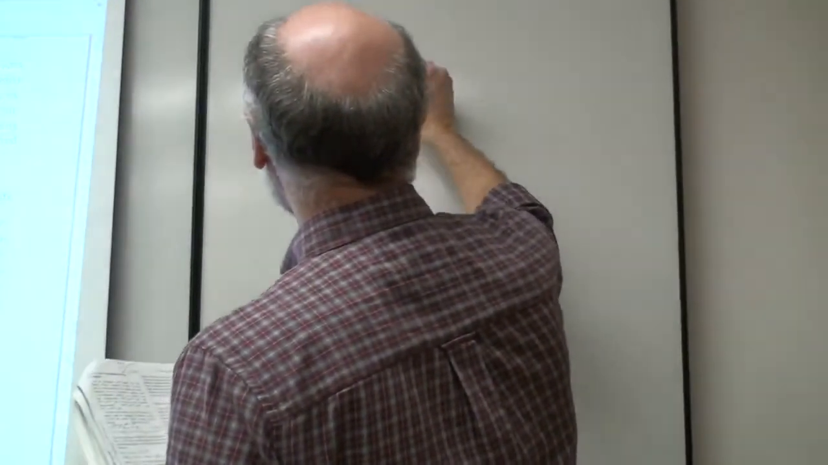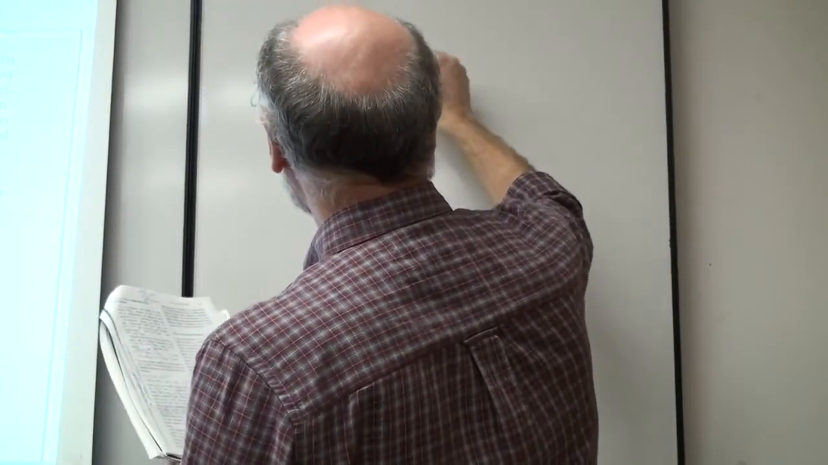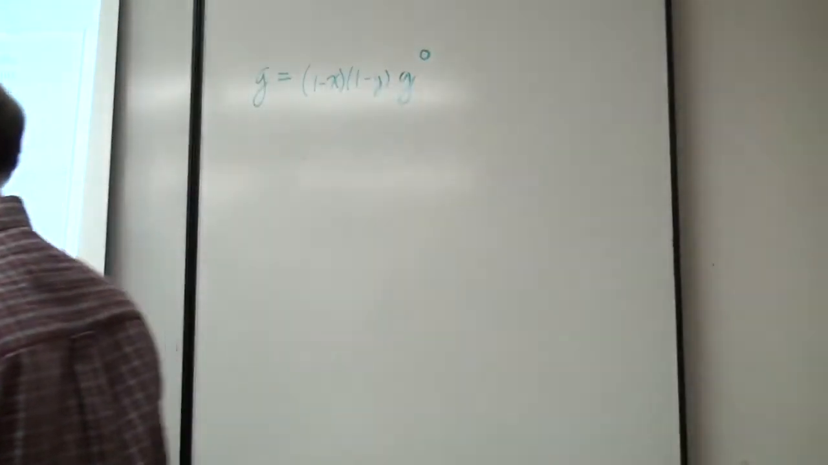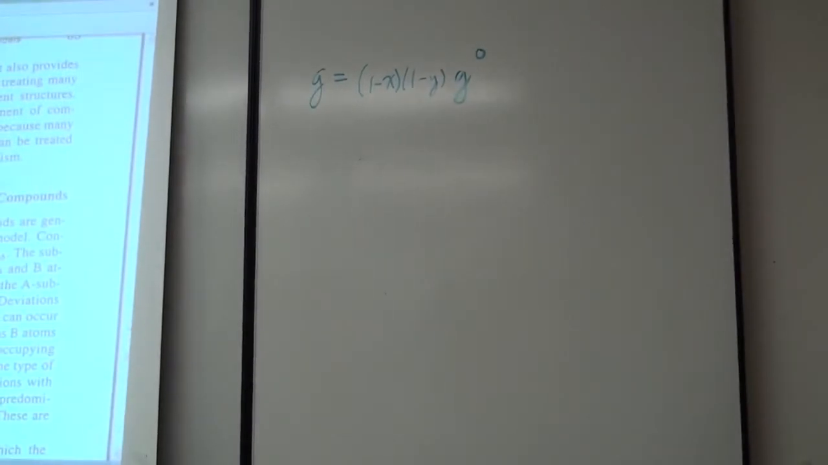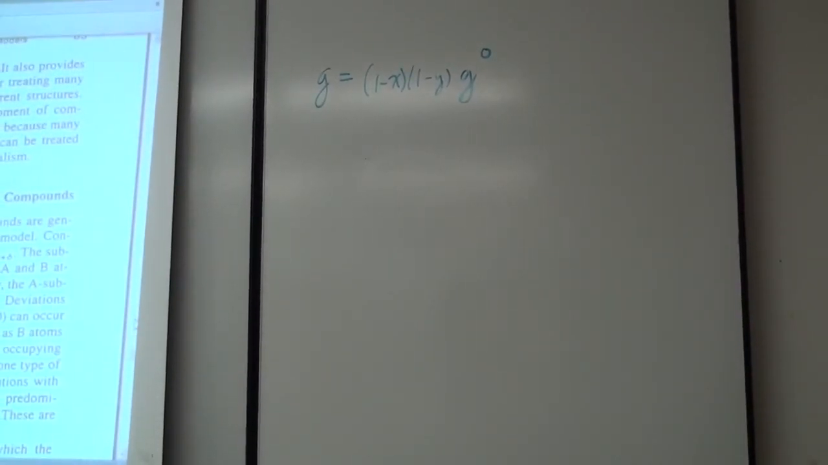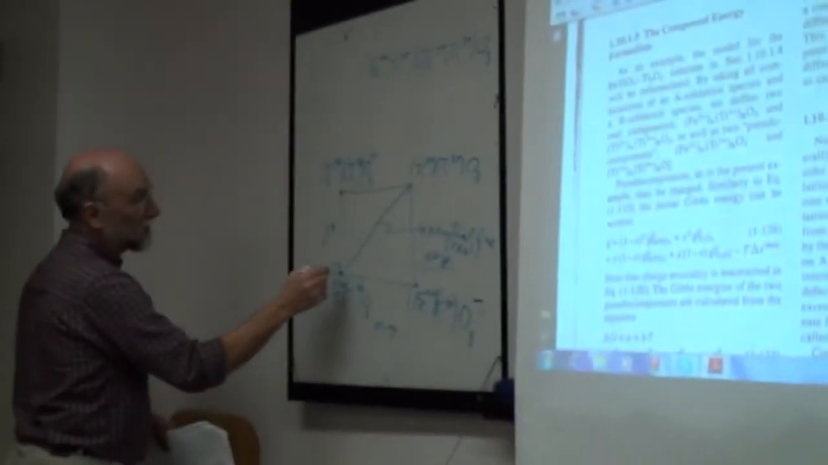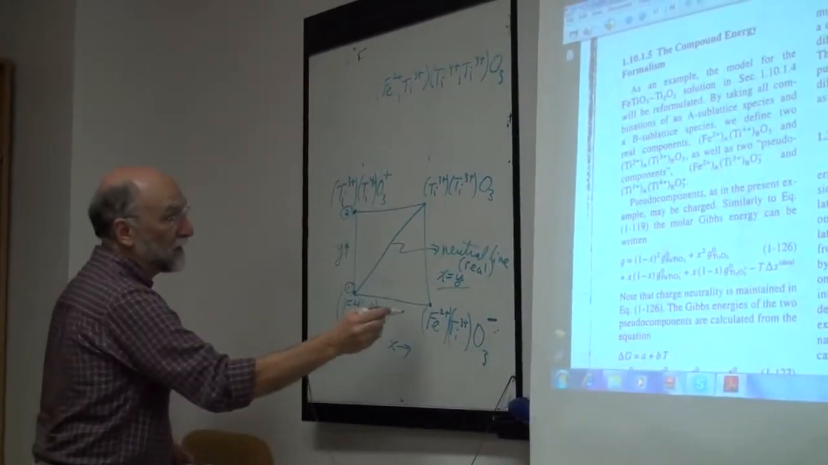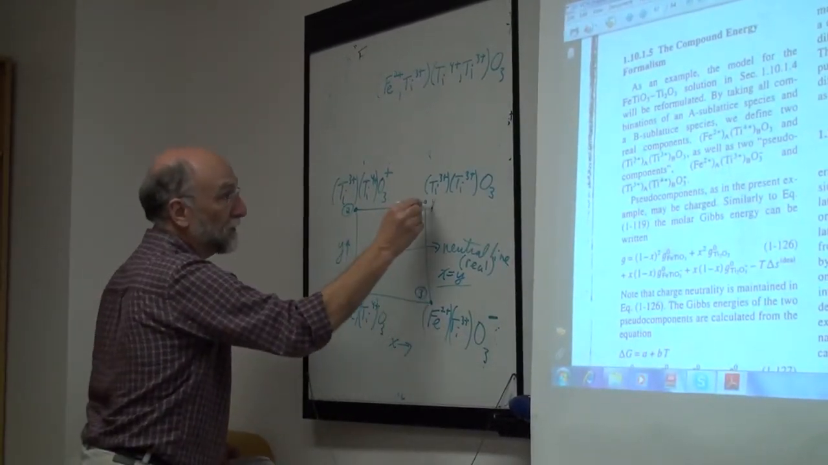Well, let's do it this way. 1 minus x times 1 minus y times G naught. Let's call these, so that I don't have to write it out all the time, compound 1. This is number 2. This is number 3. And this will be number